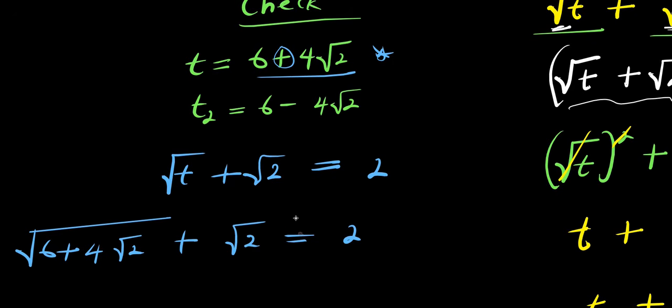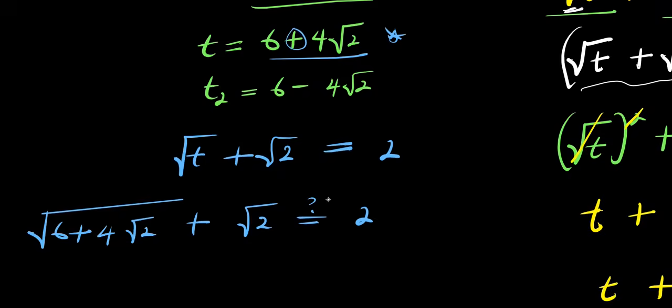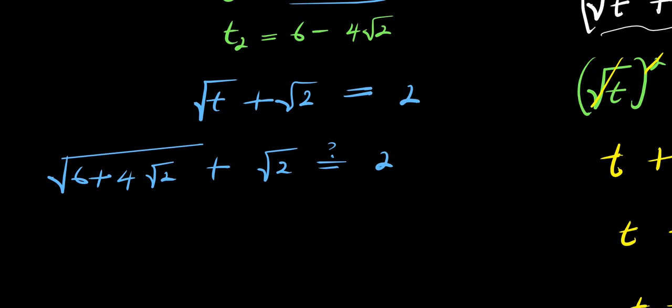Is it equal to 2? Question mark here. Now, the square root of 2 is obviously less than 2 but greater than 1, right? Now, this also is greater than 1 at this point here. So 4 times this will give you about 5 point something. So if you add it here, obviously,